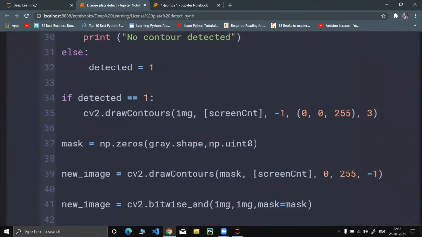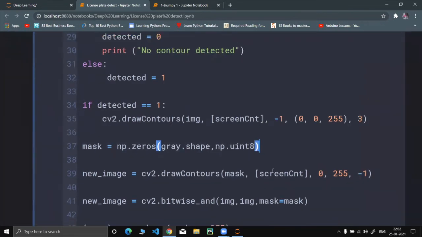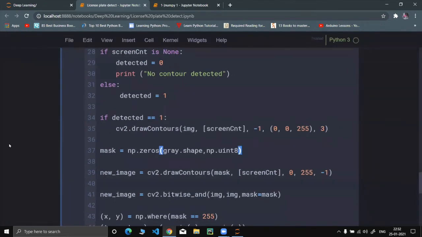See over here, one use case of the zeros function is creating a mask. Zero means false, right? One is true and zero is false. Am I right? Yeah, you are right. Go ahead. This is one of my image processing projects. What this basically does is create a black background. This is how we use NumPy in image processing.